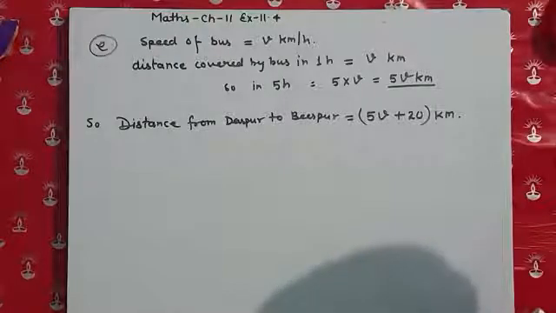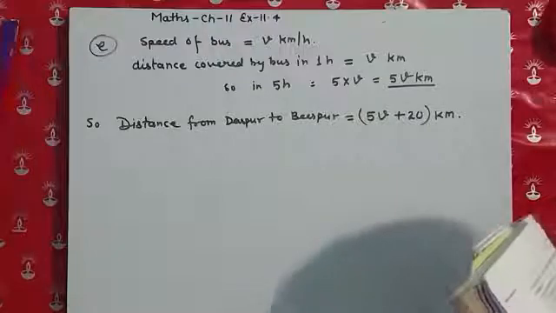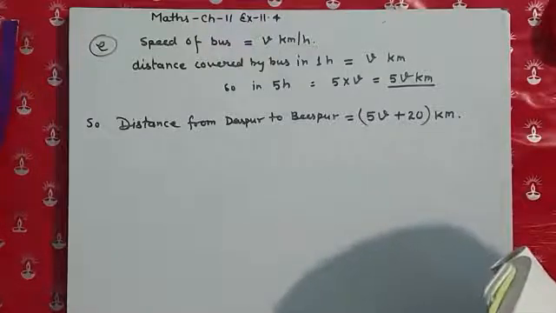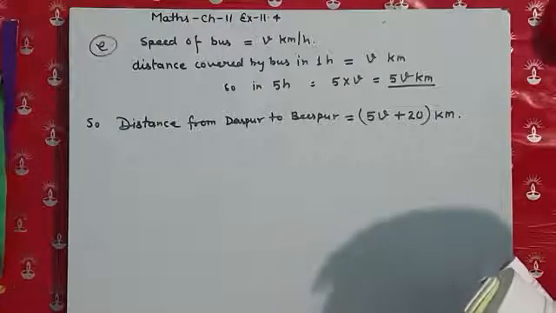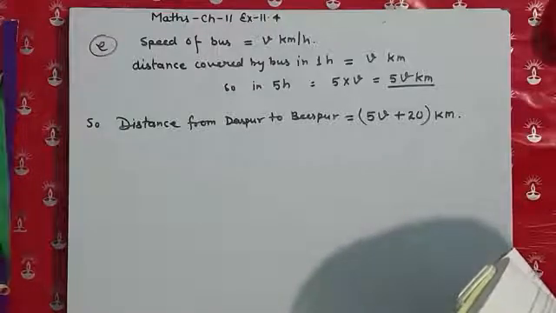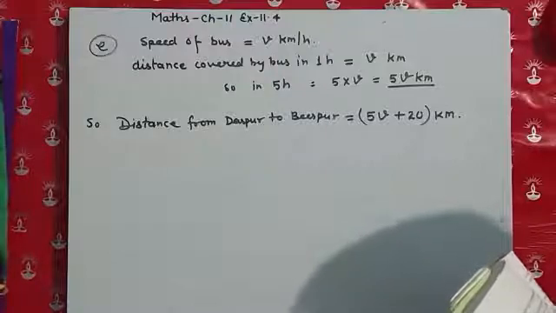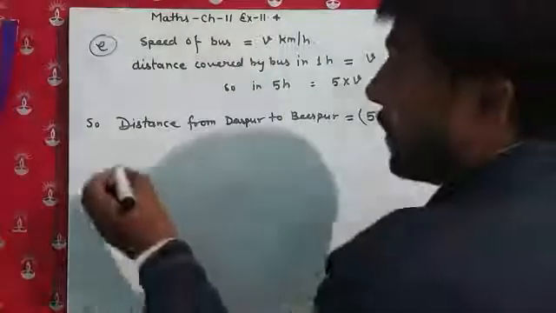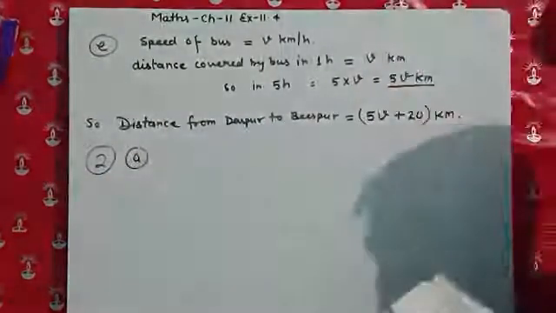Now in question number 2, change the following statements using expressions into statements in ordinary language. So here one example is given. Salim scores R runs in a cricket match. Nalin scores R plus 15 runs. In ordinary language, we can say that Nalin scores 15 runs more than Salim. So here, similarly, we are going to do the A part. Question number 2, A part.